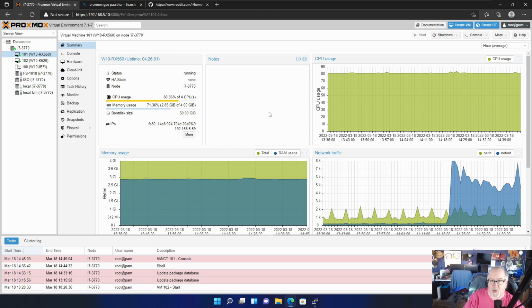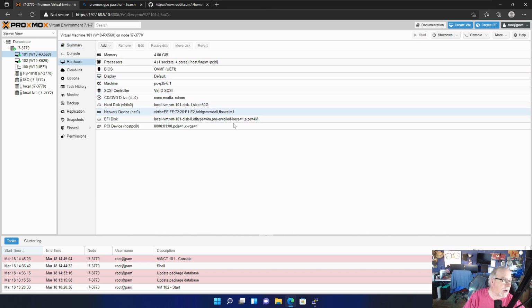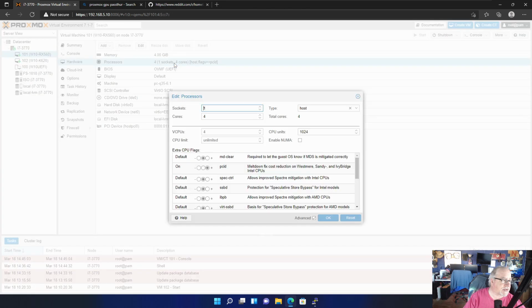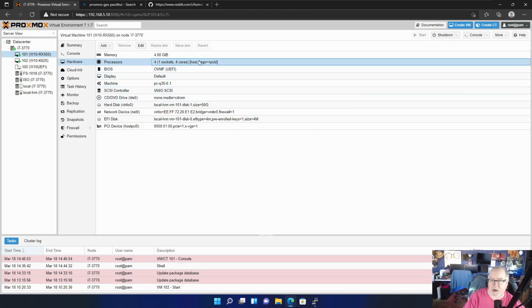Now this machine is running, so I'm not going to change it, but I am going to show you the changes I made. So if you come under hardware, a couple of things. Under the processors, I've gone in here and I've changed the type to host, and I've turned on PCID. I've given that a plus sign. And what that does is these are some flags that tell it how to treat the CPU, how to pass the CPU through